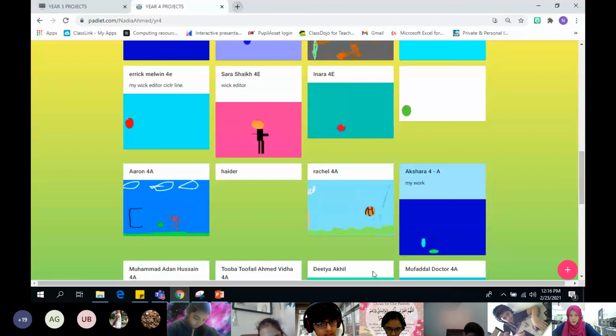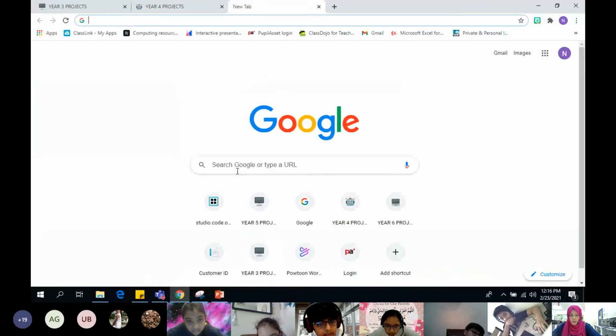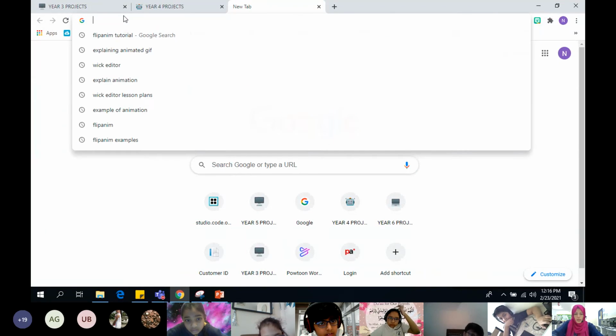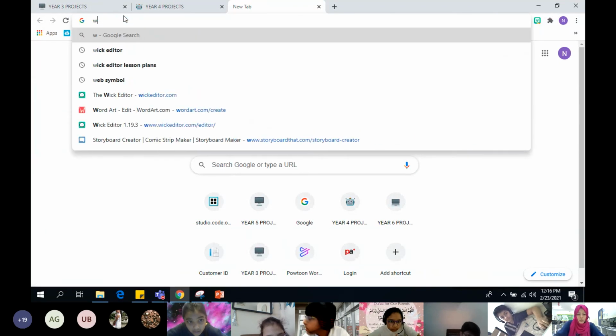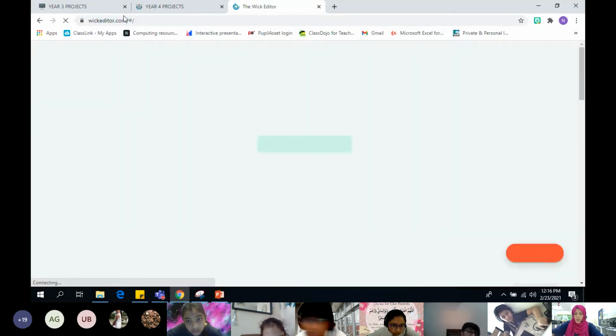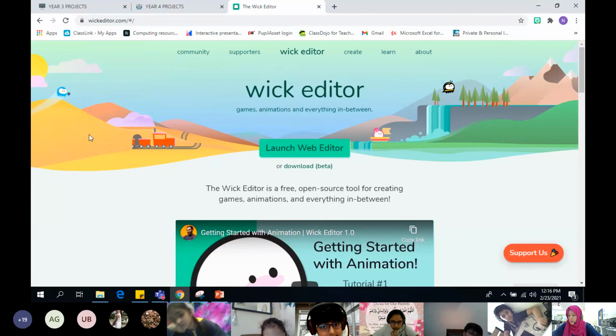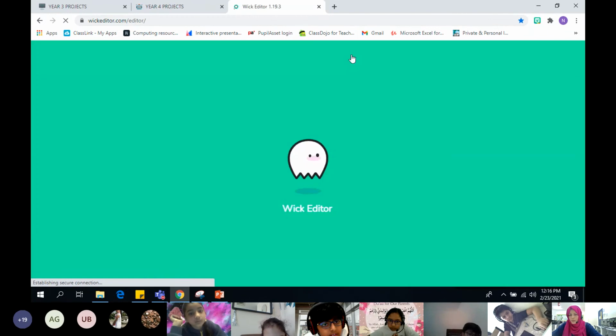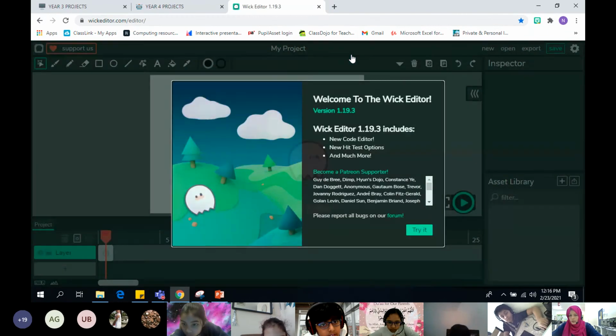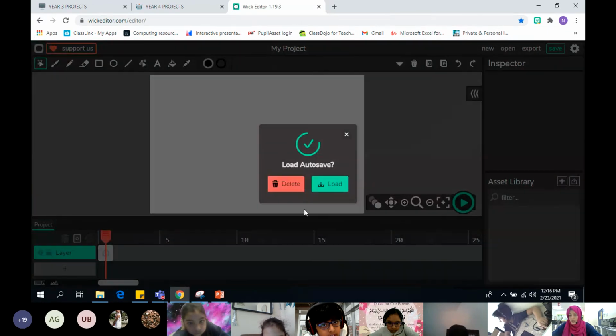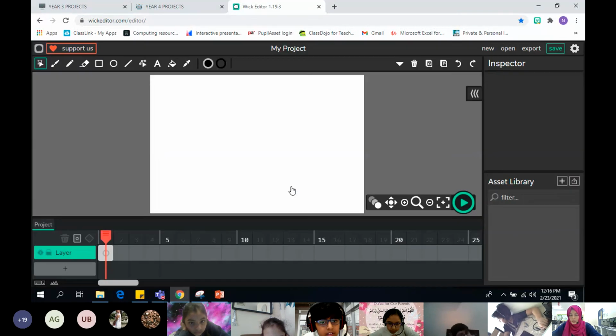Wick Editor. See how students are sending, but still the movement is very quick. So what we are going to do, we'll just write down Wick Editor, just a few things that we are going to introduce today, how to add images and how you can manipulate. When you click on the link, your screen will open, click on create. It's online, so it will take time to load. I don't want to use the previous work, so I'll say delete.